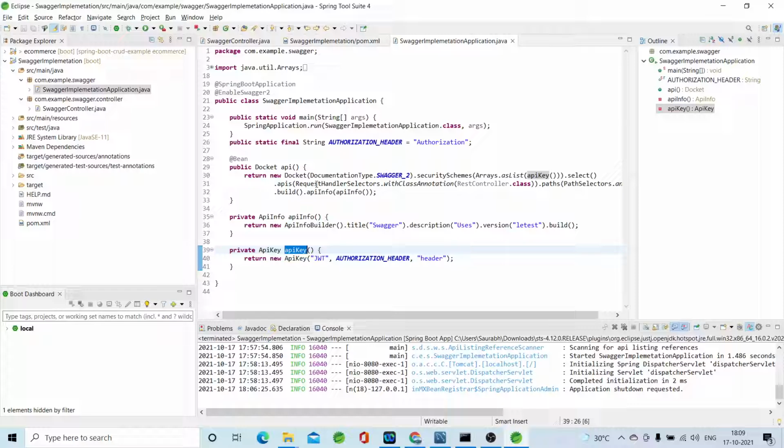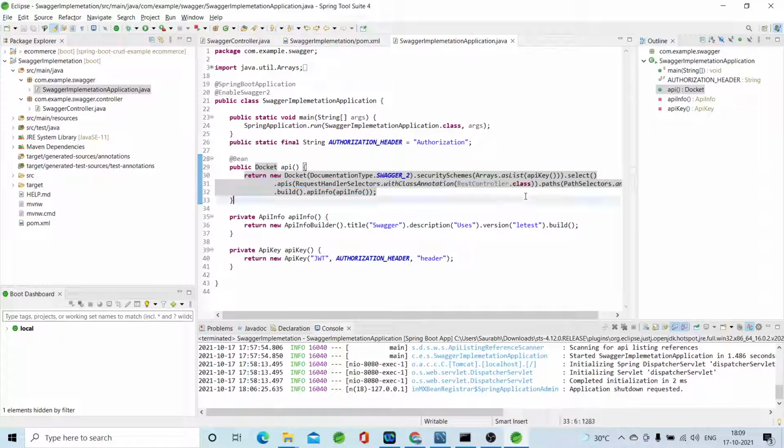Then .apis with RequestHandlerSelectors.withClassAnnotation(RestController.class). What is the use of this? If your requirement is to get all the controller classes which have the @RestController annotation, it will connect all those controllers.